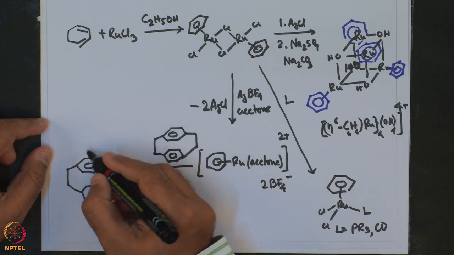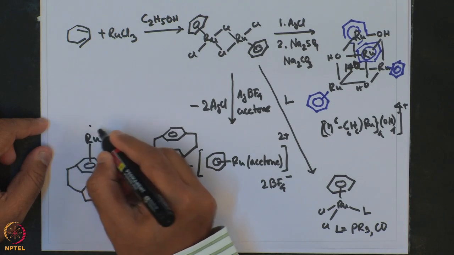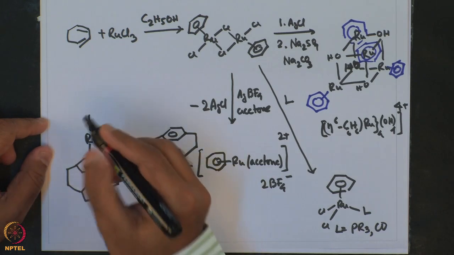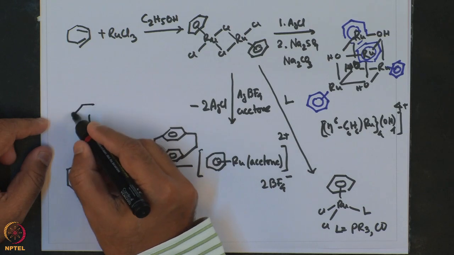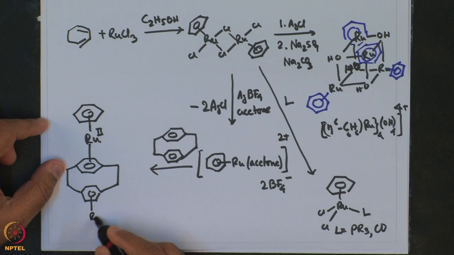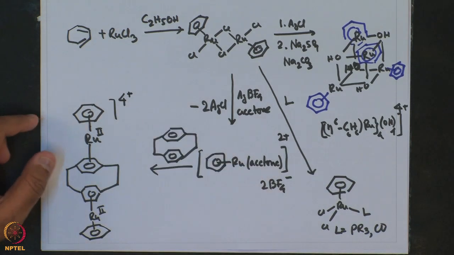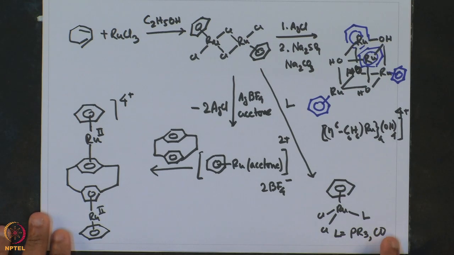A bis arene kind of dinuclear mixed cyclophane benzene ruthenium compound, 4+, and